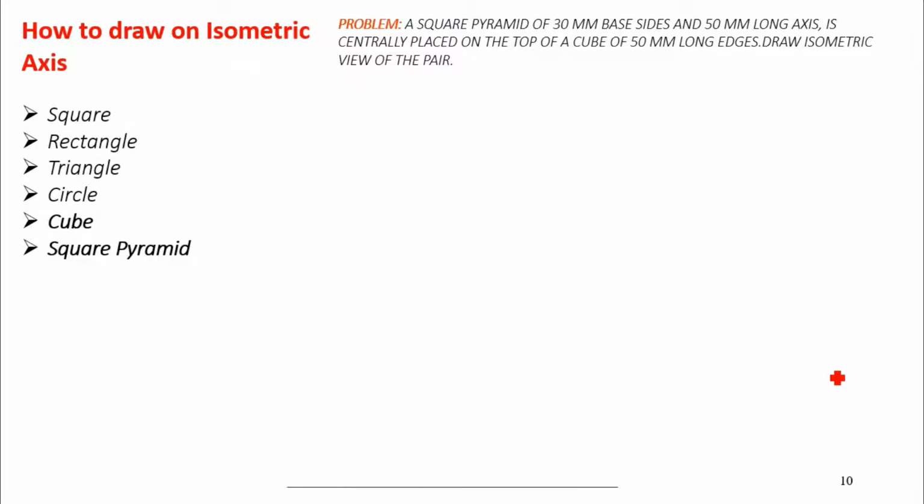So I am giving you the direct steps. I have made a video on the same also, where I have drawn the diagram on a sheet and shown it, but here only the theoretical part. You can see I have drawn the isometric axis, then we draw the cube first, same box method. After that we find the midpoint of the upper top surface, then a parallel line. In this way I'm showing you the steps only.